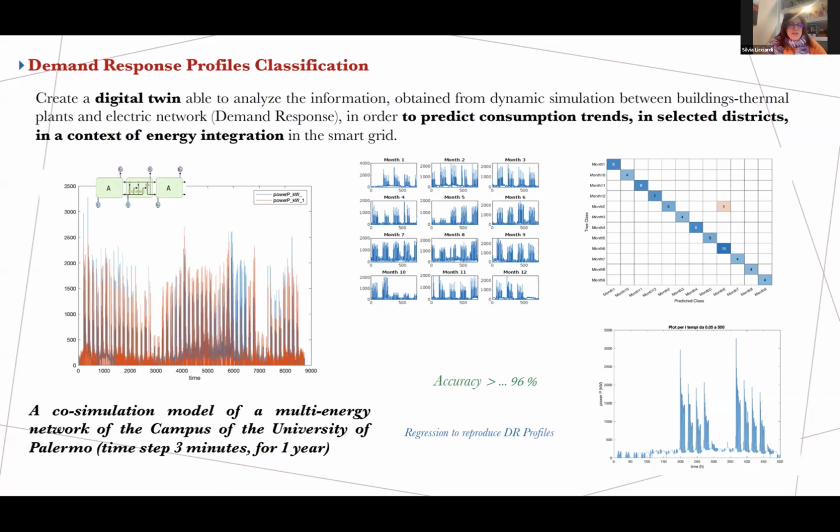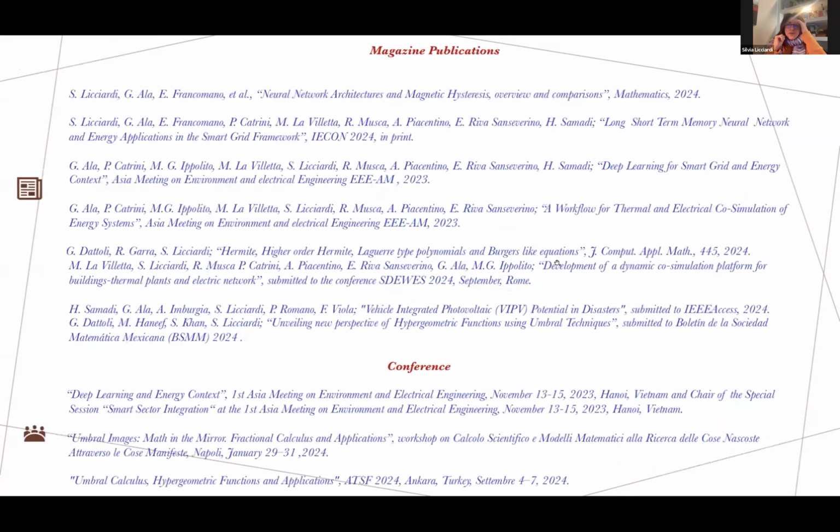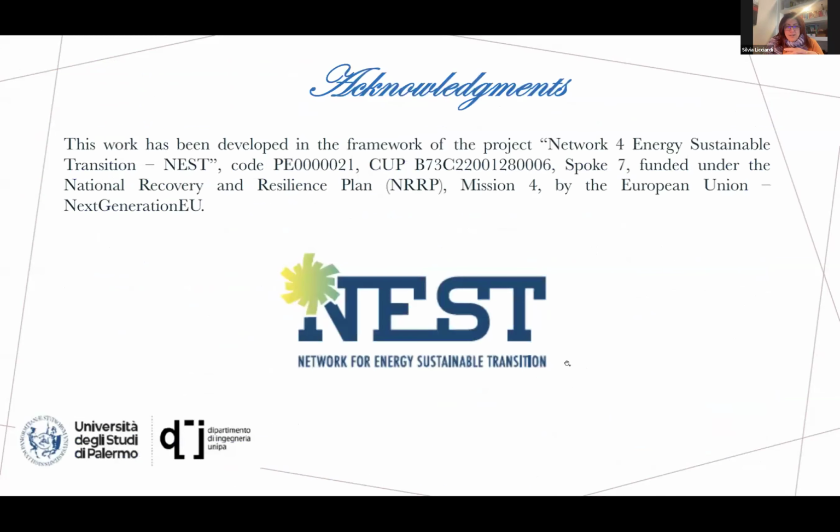This is only a general overview of the world of neural networks. We can conclude. I finished this short list of publications. We go on to the acknowledgements. And the last slide, to conclude that we can work a lot with different mathematical artificial intelligence, but we always have to consider that, if you go on,